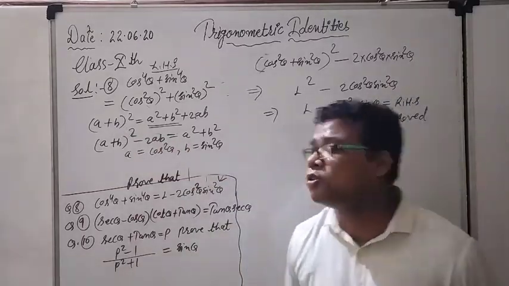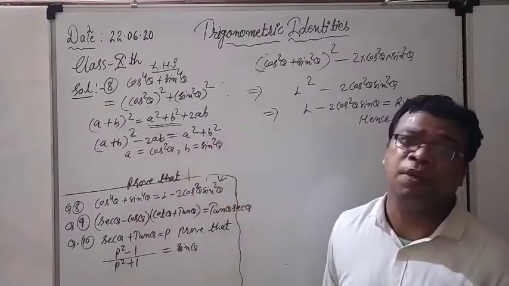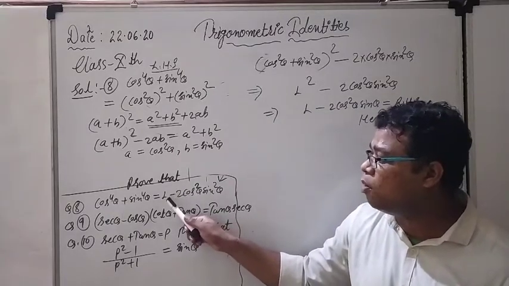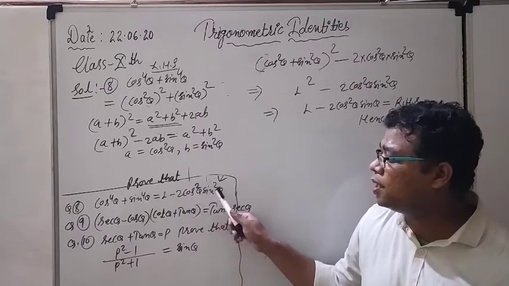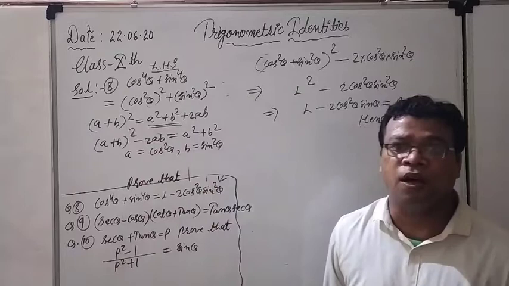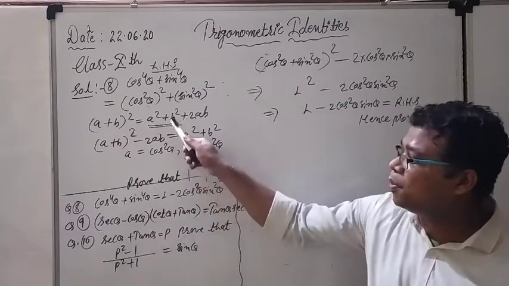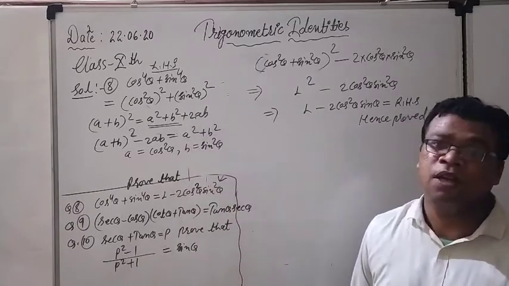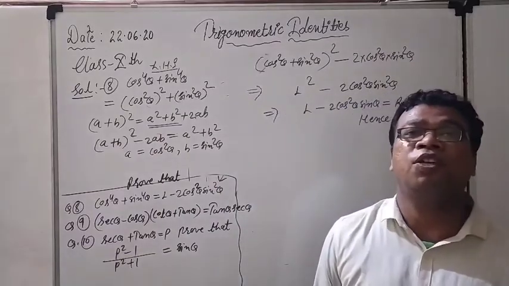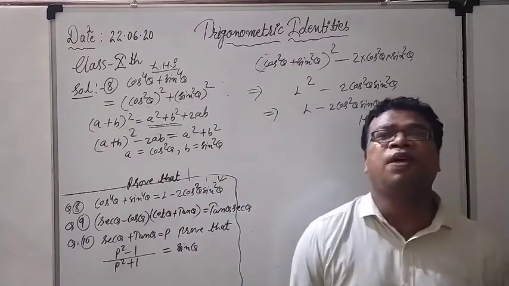There is another formula also, that is (a minus b) whole square, so a square plus b square minus 2ab. By chance, if I see plus 2 here, if it is in the form of 1 plus 2 cos square theta sin square theta, meaning it is plus 2, then I should go for the negative formula, that is (a minus b) whole square is equal to a square plus b square, but minus 2ab, because if that minus 2ab is transferred there, it will be converted into plus 2ab. So this was the solution. You can understand, after applying the formula it is going to be very easy.